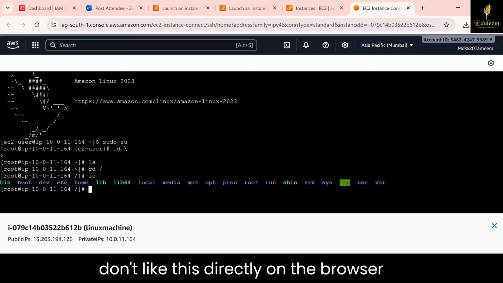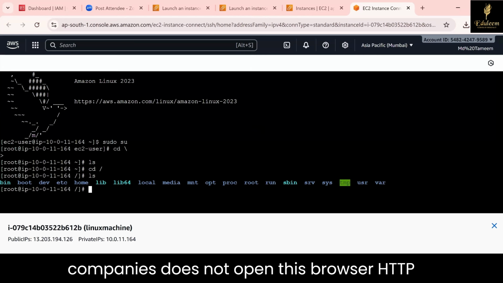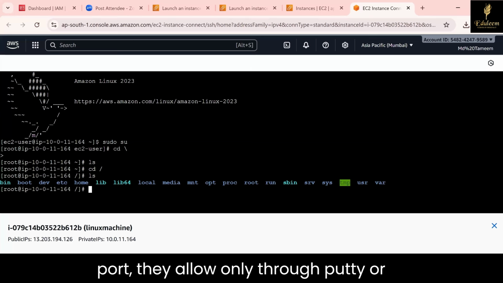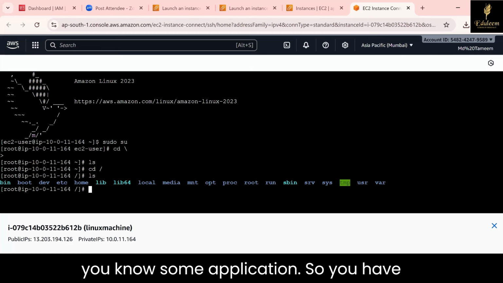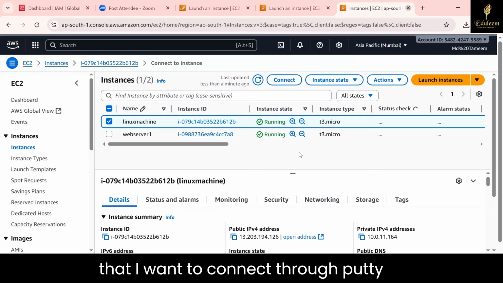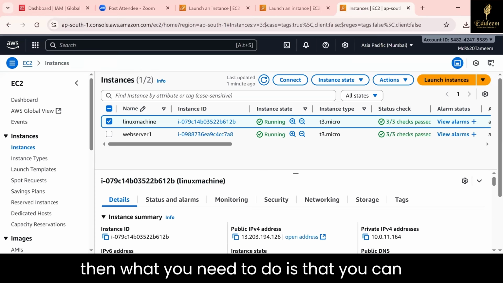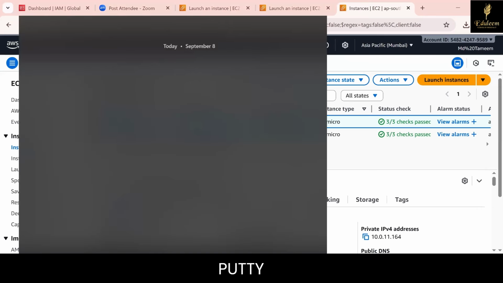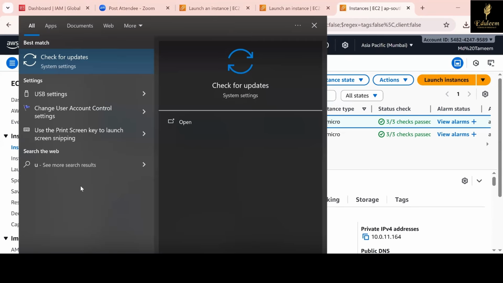But some people don't like this directly on the browser, because some companies don't open this browser HTTP port; they allow only through putty or some application. So you have this option to connect. Now if you say that I want to connect through putty, then what you need to do is go and say putty